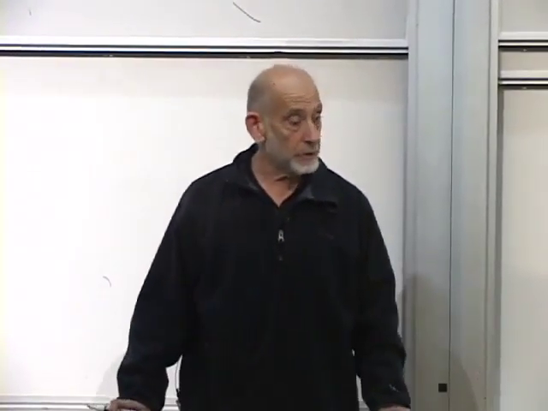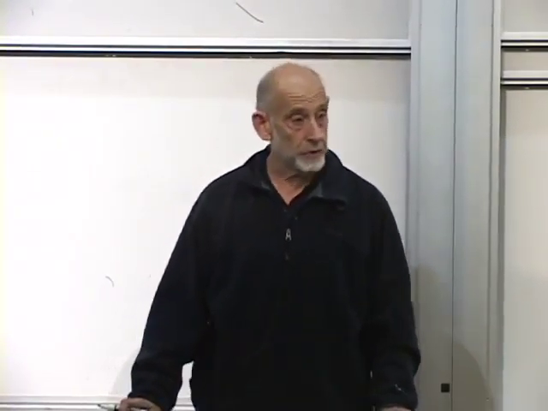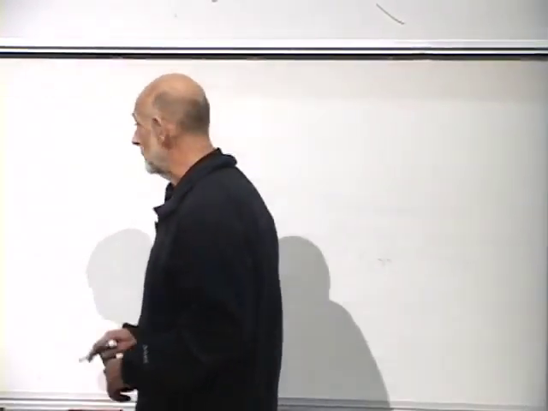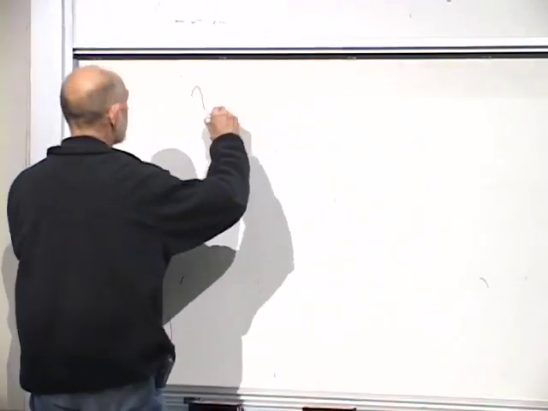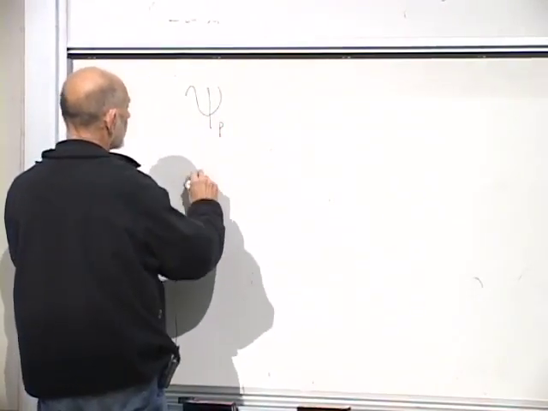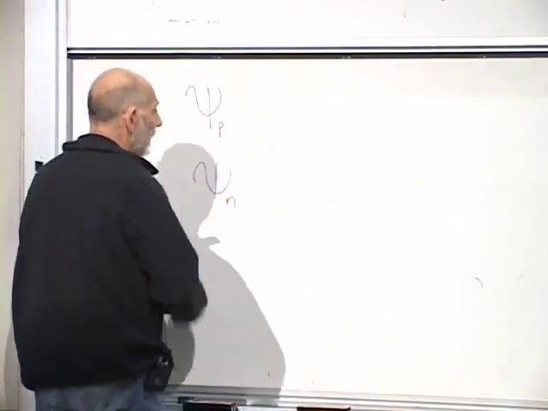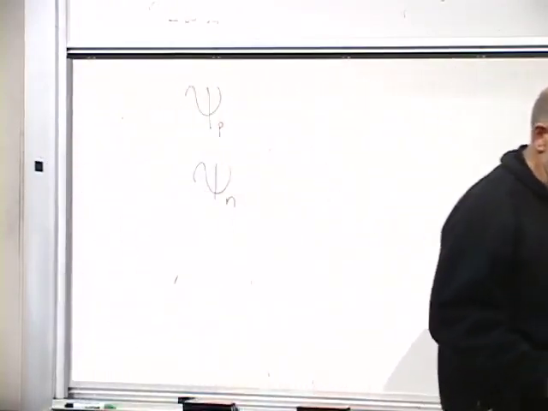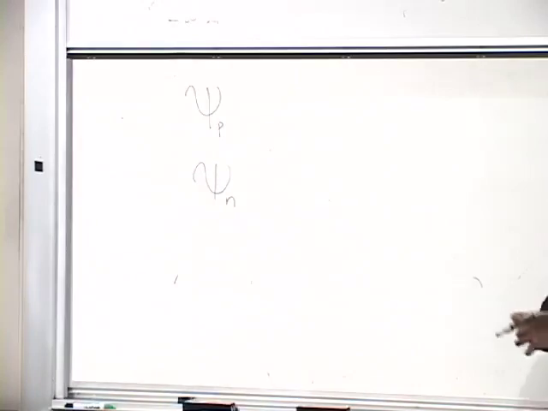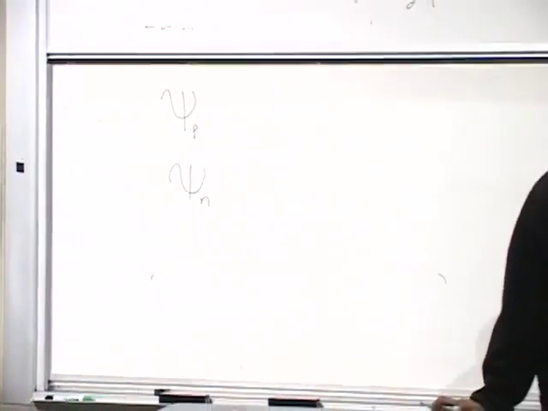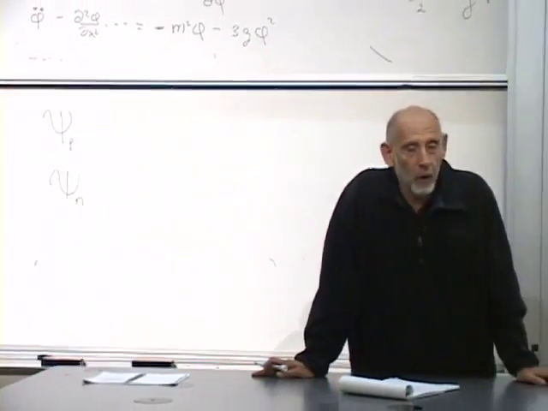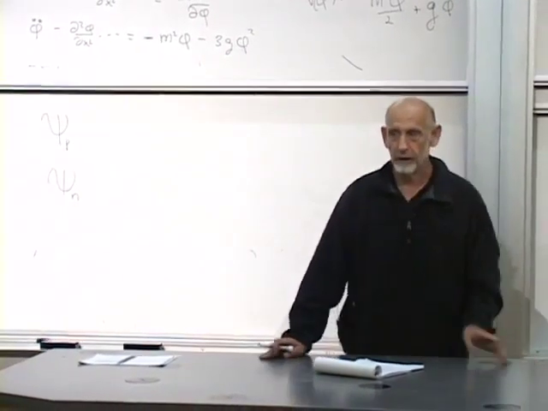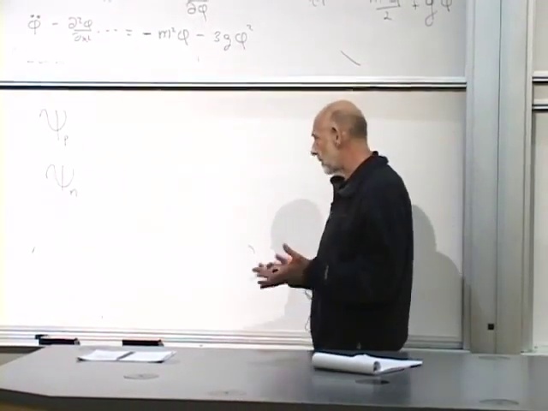Protons are fermions. Neutrons are fermions. They're described by exactly the same kind of fields as electrons. So let's give them names. Psi proton, psi neutron, and then the other objects in the theory are mesons. Pi mesons are an interesting collection of mesons. What are pi mesons? We'll learn as we go on that they're quark anti-quark pairs, but we're not interested in that now. Let's just think of them as particles.